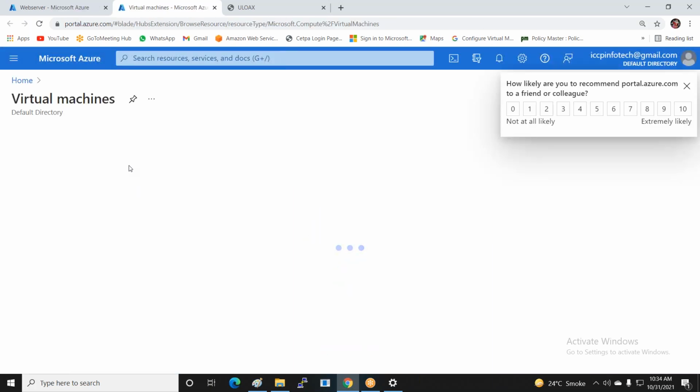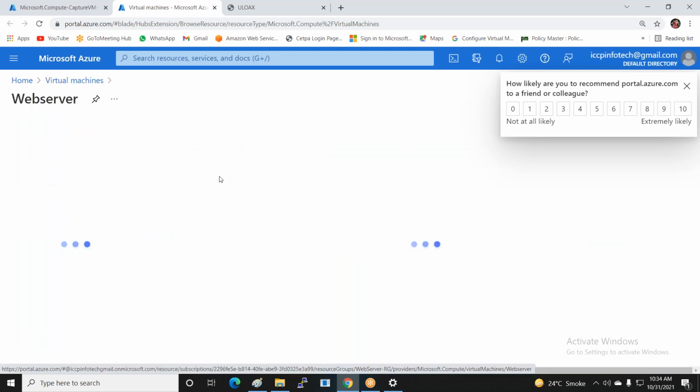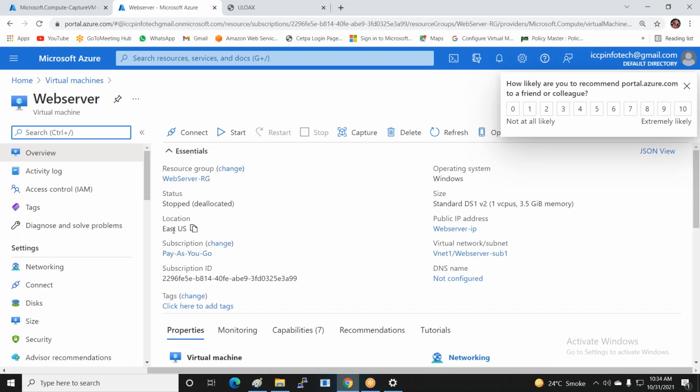The web server is available, and you can see the location of the web server. At this time you can see the option available is East US only.